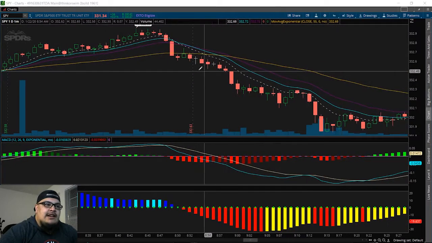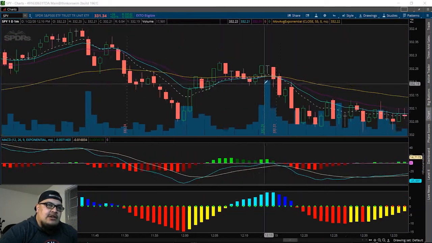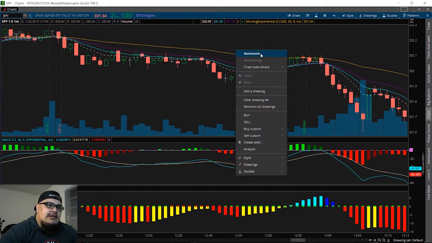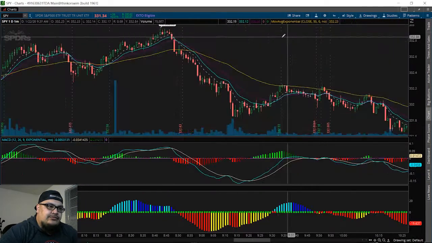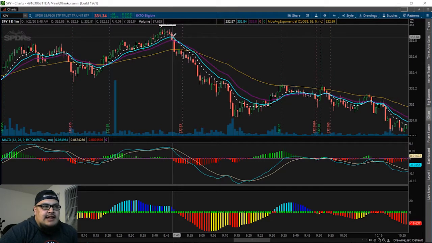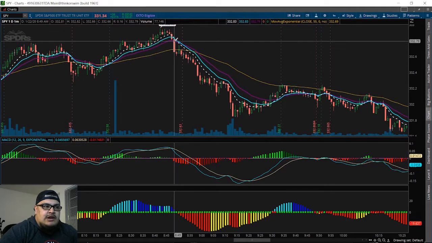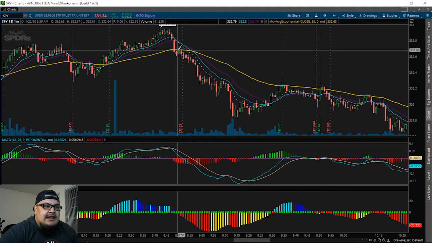So if we look at this for the inverse, right? You could also use this if you're a short seller. So let me bring it up here. So if you're a short seller, whenever the 8 EMA breaks to the downside and breaks below the 13 and 21, this is where you can get into your position at 332.79, and then it'll dip down,